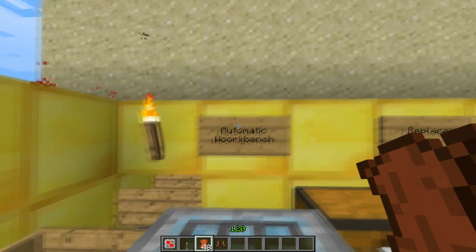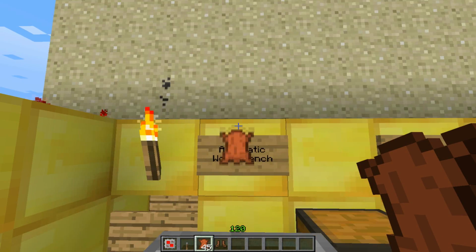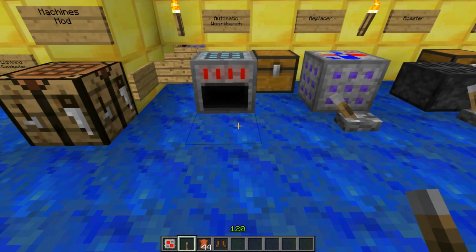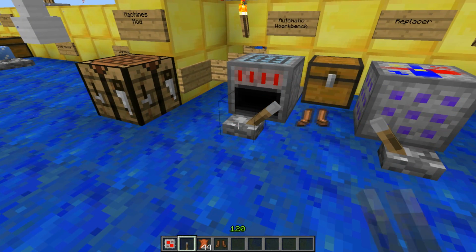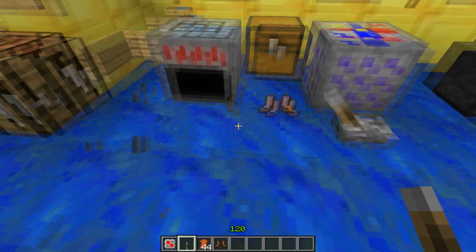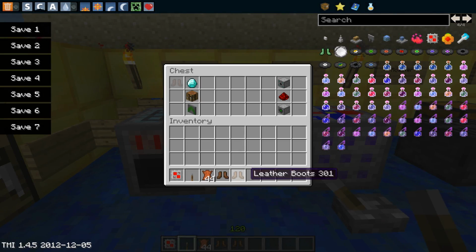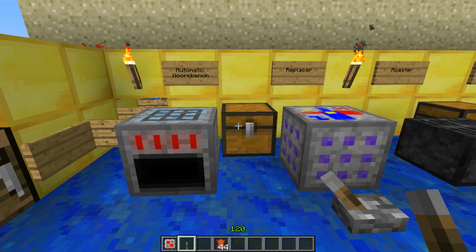Now, if I put 4 in, it'll have the recipe, but it needs to be triggered by redstone. So we just take this and apply redstone to it, and we'll get our boots. So that's good. Now, we will. Oh, what did I do? Oh, okay. We'll move on to the